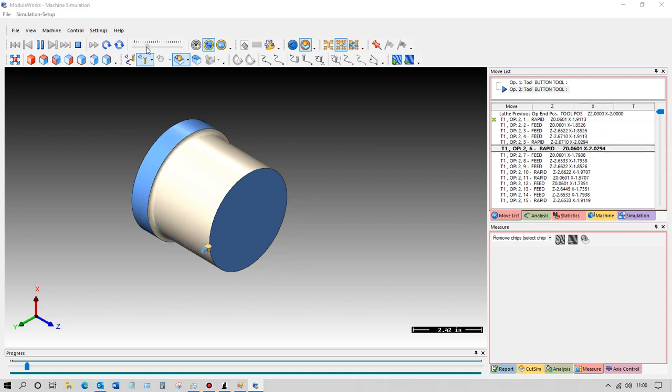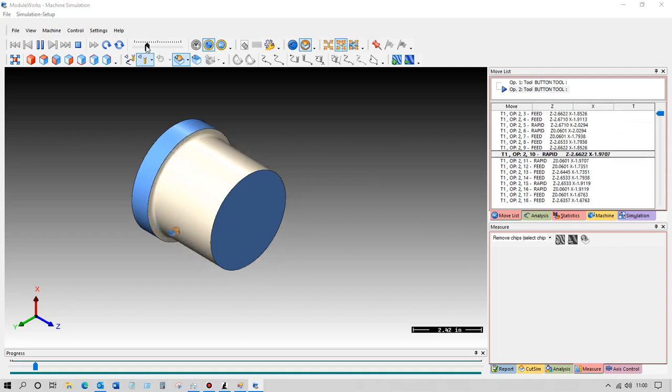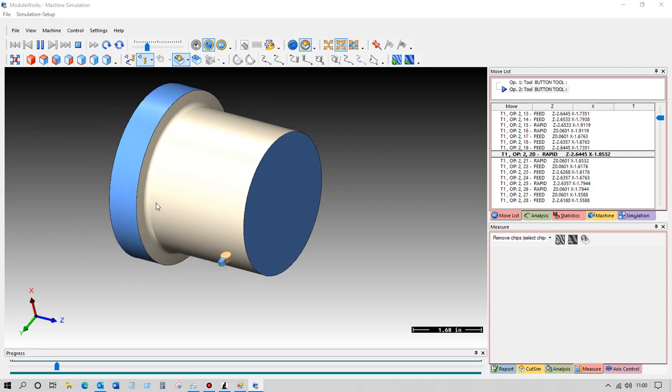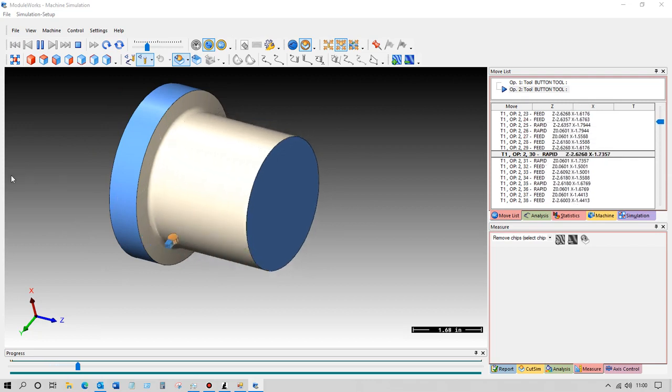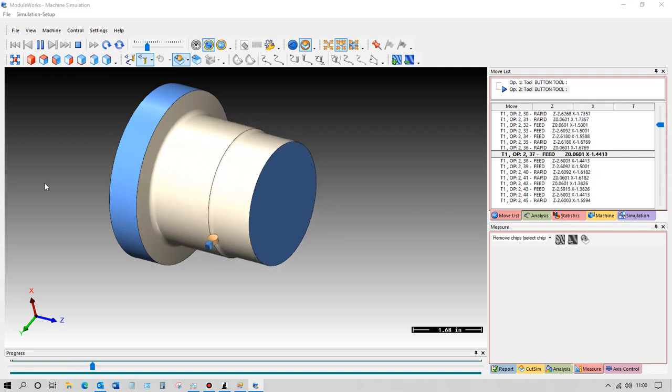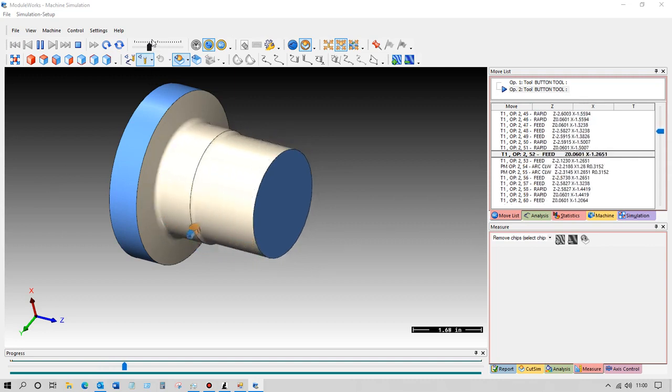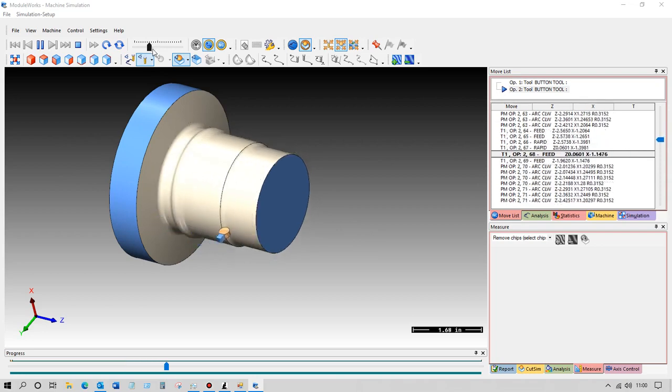and we can either speed up or slow down the display. We can zoom in. Speed that up slightly.